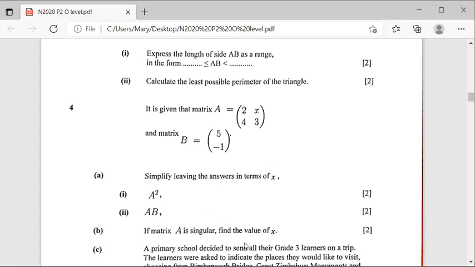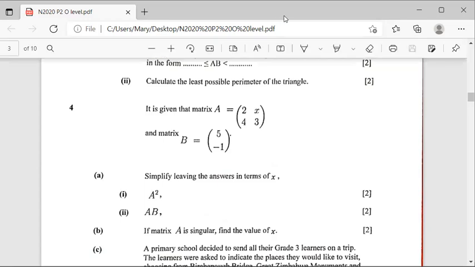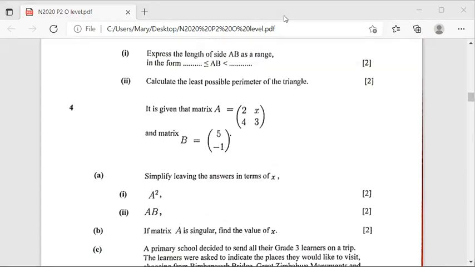Okay, so there's no space here to write. So what I'm going to do, I'm going to copy the question down. So what are you given? You are given that A is equal to 2, 4, x, and 3. And B is equal to 5, minus 1. And part a, 1, you are required to find